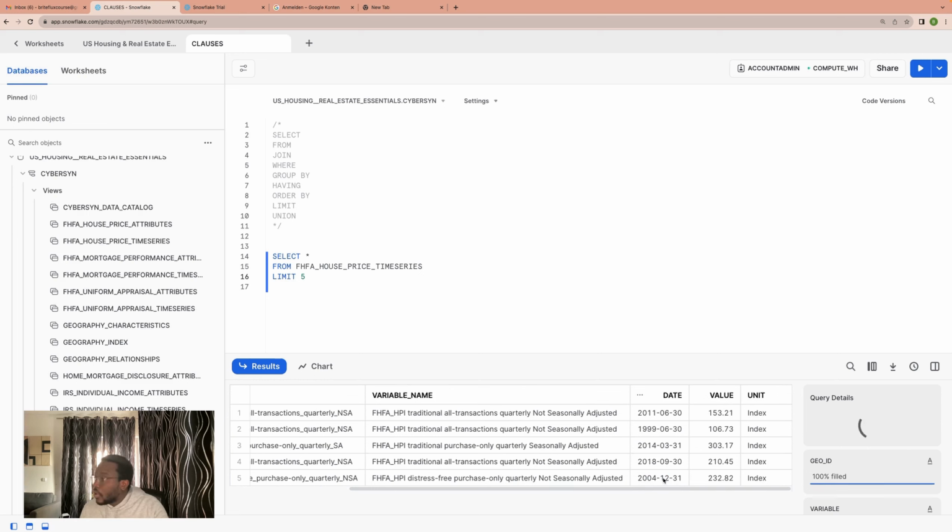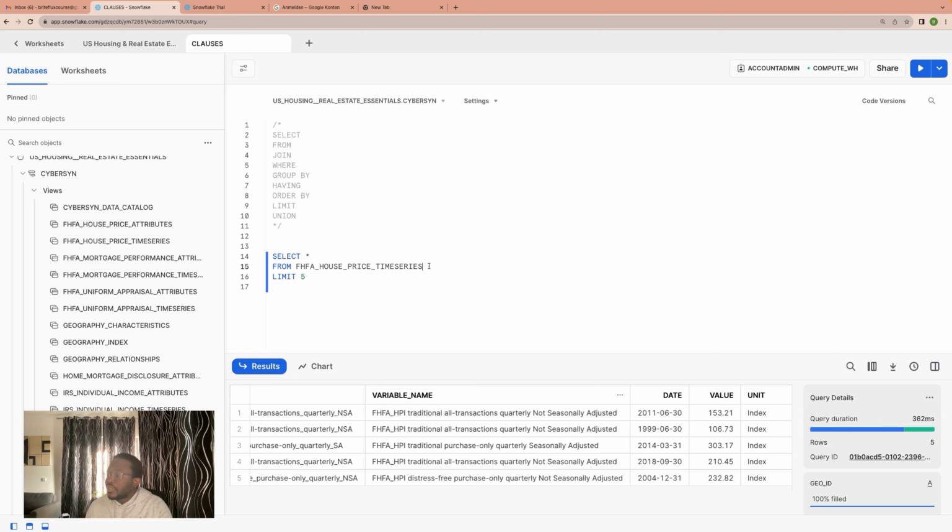Now, one thing we might be interested in is to see the last data. If you notice, the dates of the 5 rows are random, not in any order. So if we would like to see the last 5 rows based on the date, we could say order by date, which is the column. And when we run this,